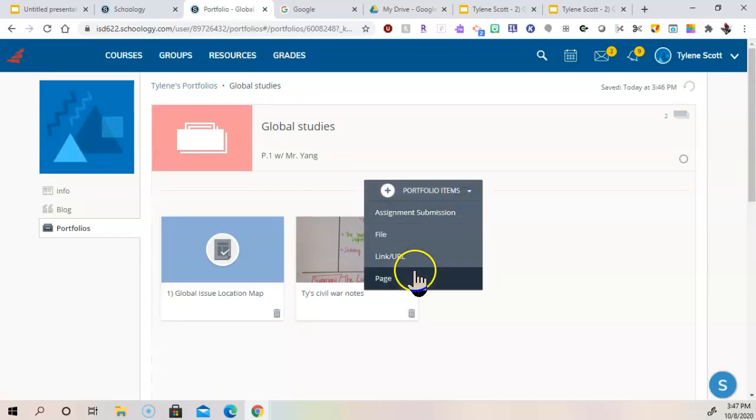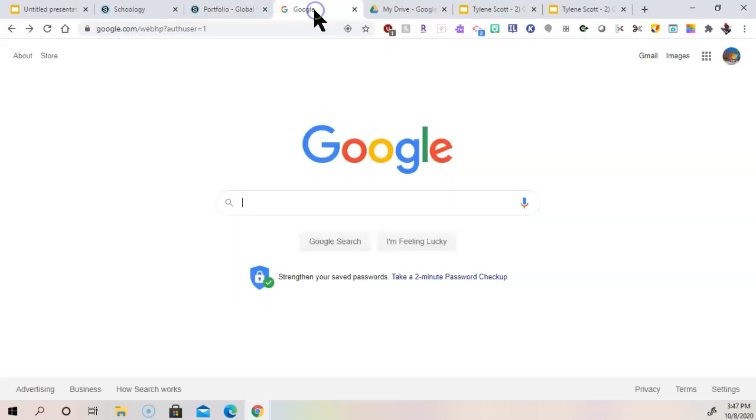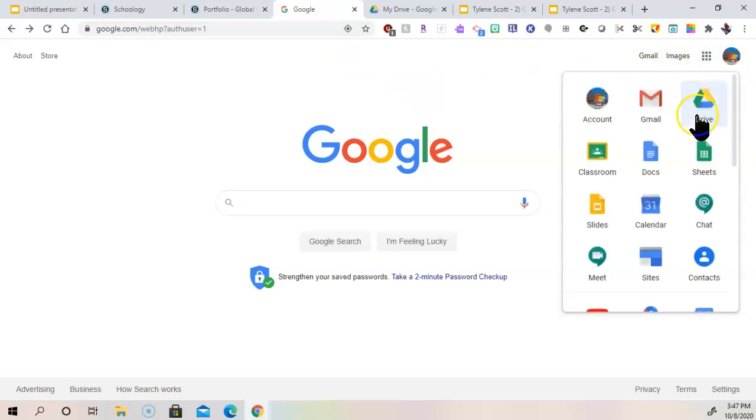Other ways that we could do it. We could directly link something that's on the web. So, for instance, if Ty had within her Google Drive some kind of document that she created in Global Studies that she thinks deserves to be in here, first thing we're going to want to do is open up a tab, log into your Google account, your 622.org account actually, and then we're going to select from the app selector your Google Drive. Now once you click that open,